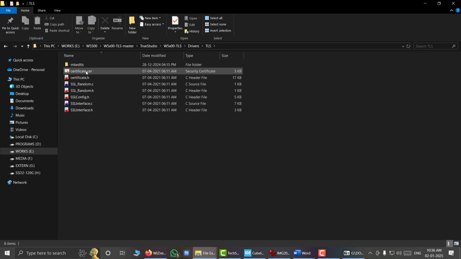So here we also have a certificate file. This .cer file is a certificate file, and we will have a dedicated lesson on this to understand what certificates are and why we need them. For the time being, just understand that we need a certificate of a root CA. CA stands for certificate authority, which issues certificates to our SSL website,